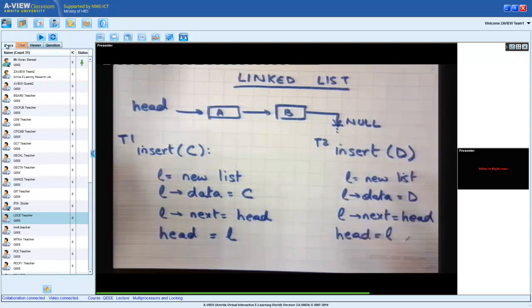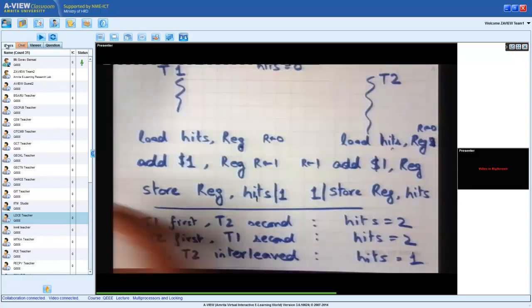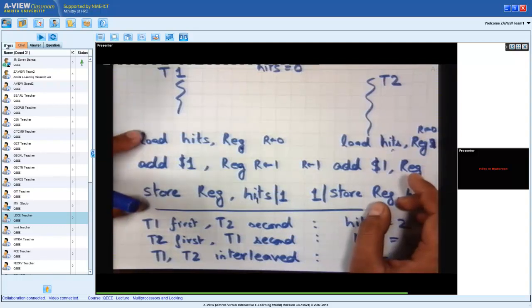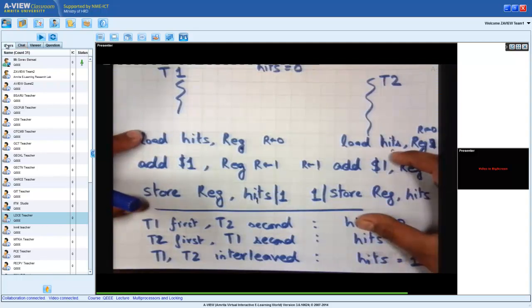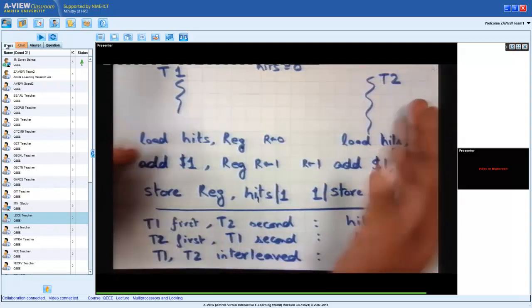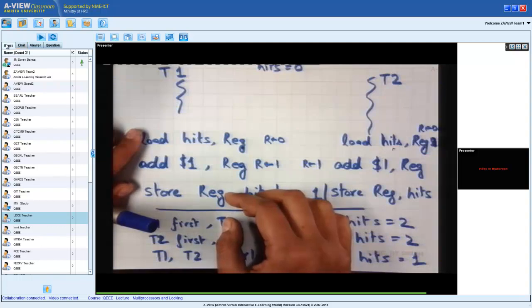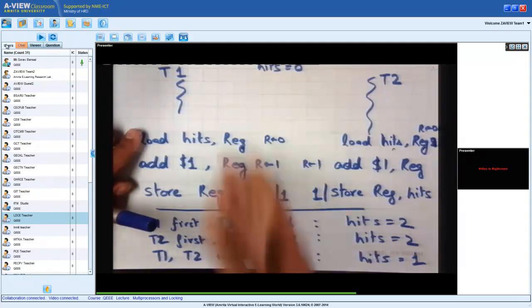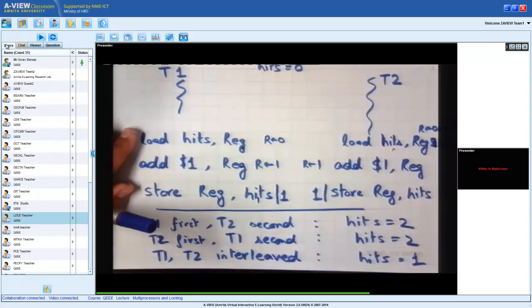That would have solved the problem. Similarly, in the case of hits, these are the 3 instructions executing. Let me first finish these, then thread 2 can execute them. So thread 1 should be able to tell thread 2, look, I'm working on hits, please don't touch hits while I'm working on it. Then once it has finished, thread 2 can work on it.